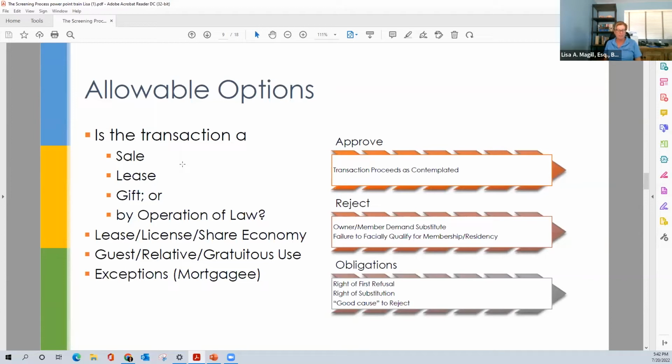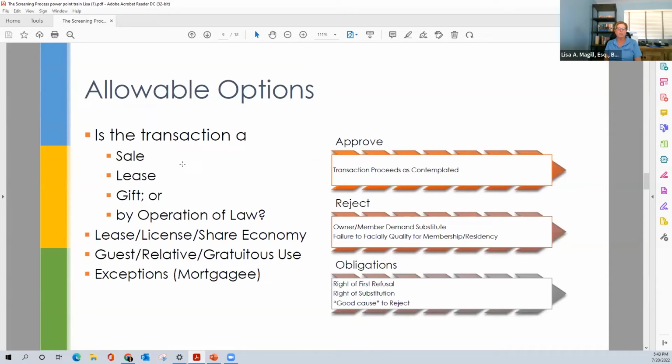And what we've seen, and what the trend has been for at least the last 10 years, is to add in, quote, "good causes." And you do this via amendment. Unless you're a relatively new community, you may have some good causes to reject the applications. But good causes could be a history of financial irresponsibility, a history of violent crime, a history of disruptive behavior, even in that association as a tenant, or in other properties of which you're aware. And those good causes, if you rely upon them, generally you will not be tasked with providing that substitute or purchasing the unit.